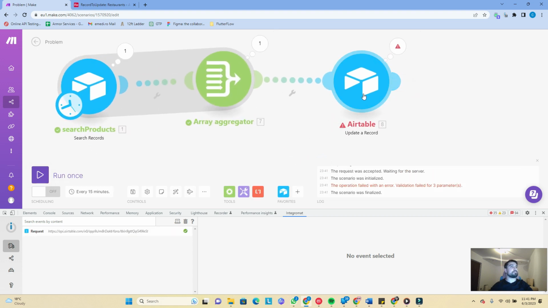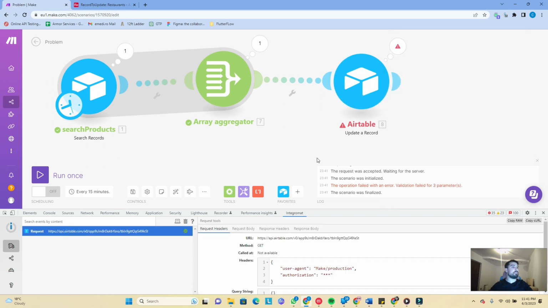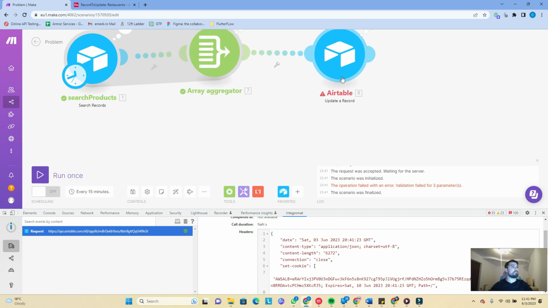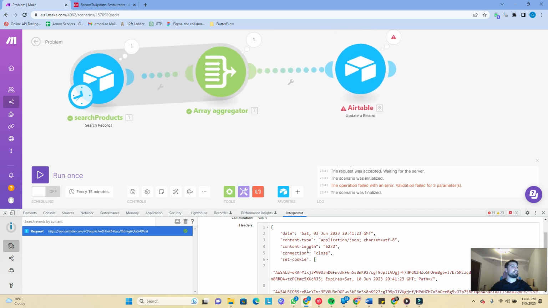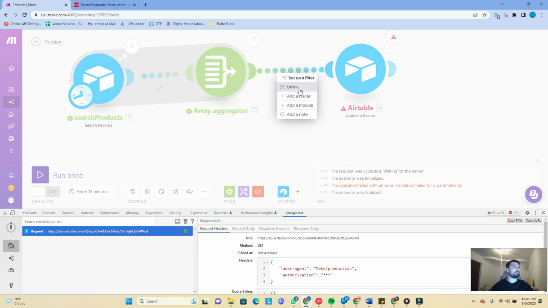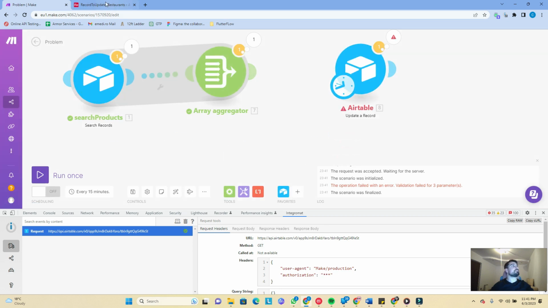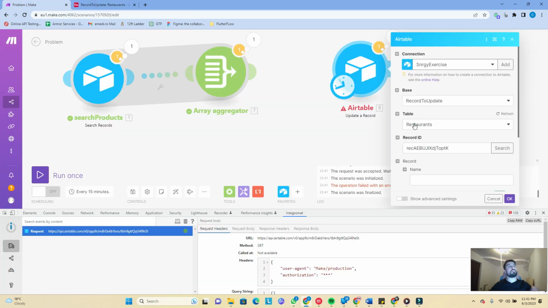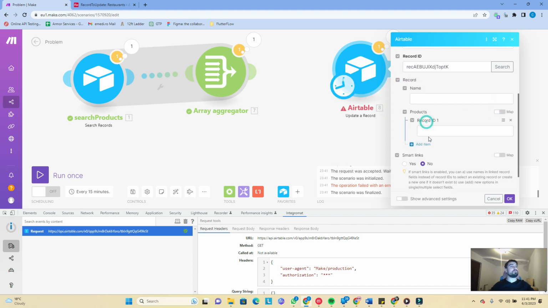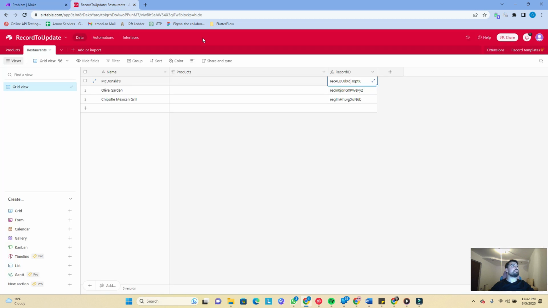So if you look here, for example, we have this call, right? And if we go to the request body here, wait a second. We actually have an error here because this one never really reached this point. And in order for us to sort this out, we just have to do this. Let's take one record or two. In order for you to see how this works properly, what I recommend is to just try to imagine how you could